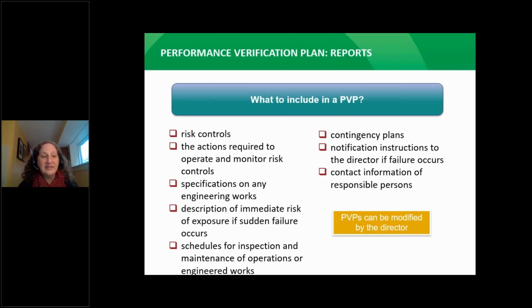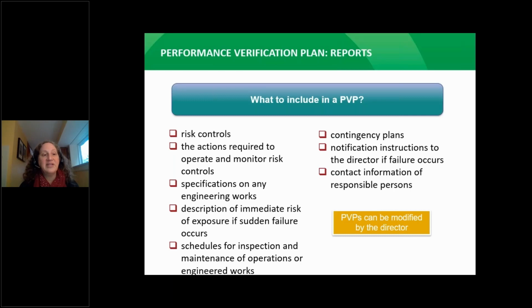The ministry expects a PVP to include the following: a description of the necessary risk controls with the rationale for their selection, the actions required to implement, operate, and monitor those risk controls, specifications on any engineering work to be implemented, a description of immediate risk of exposure to humans, the aquatic receiving environment, and terrestrial receptors if there is a sudden failure of risk controls, schedules for inspection and maintenance of any operations or any engineered works,